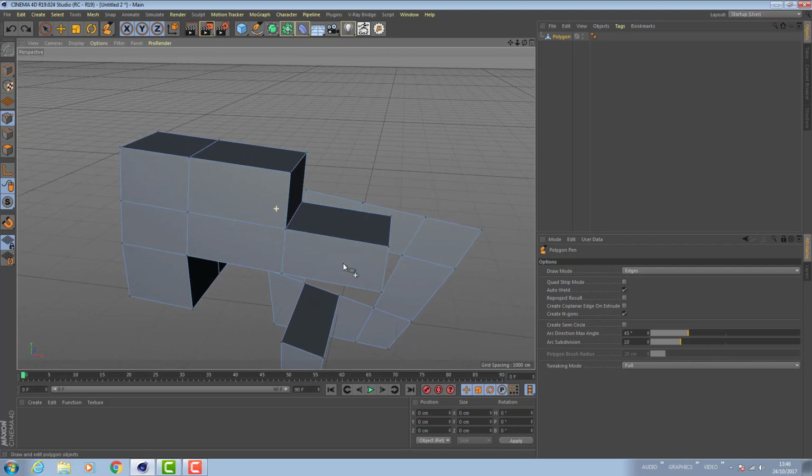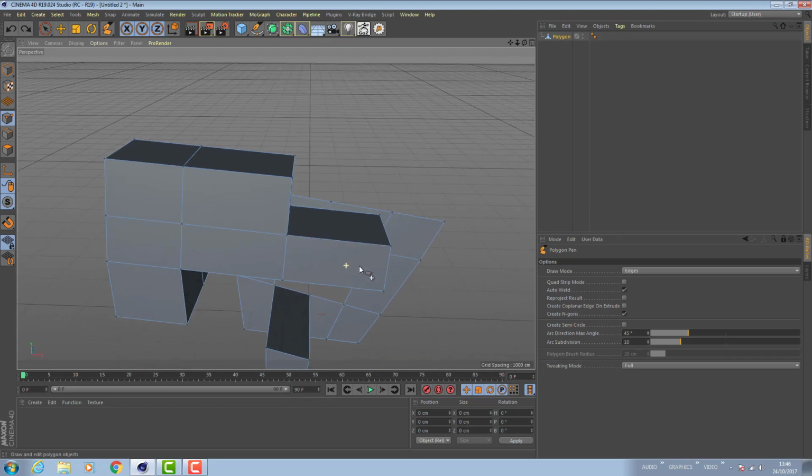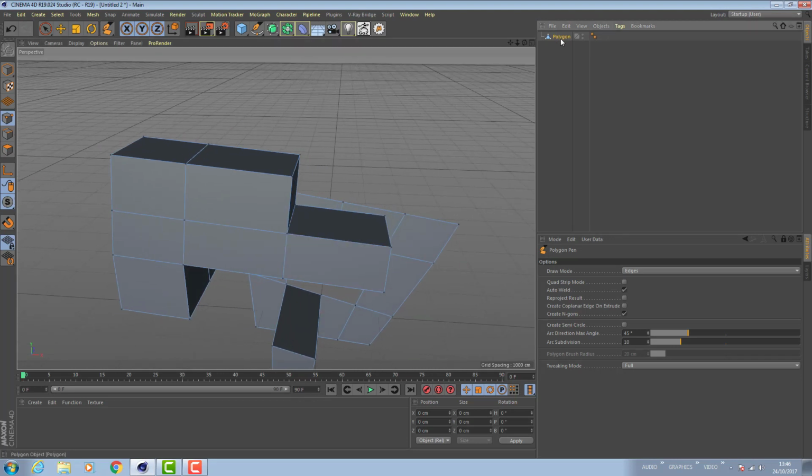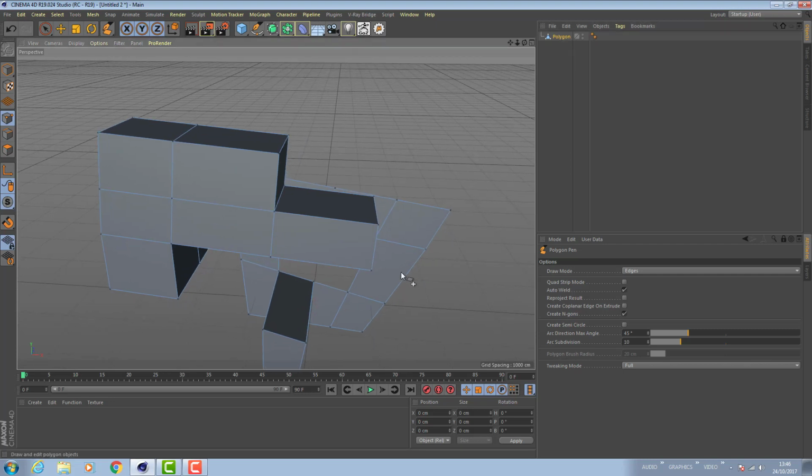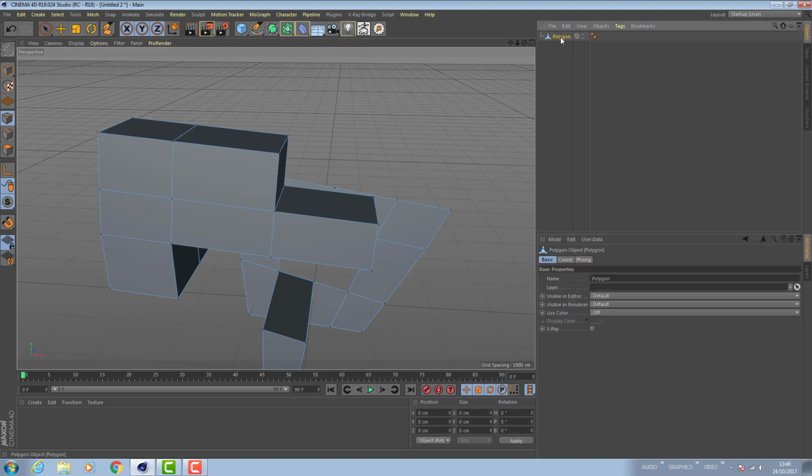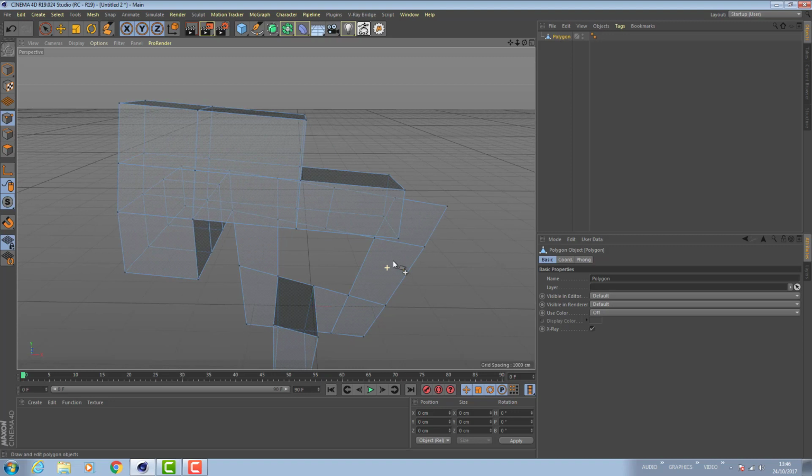Another thing to notice is that sometimes, say for instance, you've got the view mode set to X-ray, it means you can see the vertices on the other side, and this can cause problems. I'll just show you this. So you've got X-ray on, you see here. Now if I start to work with my Polygon pen,